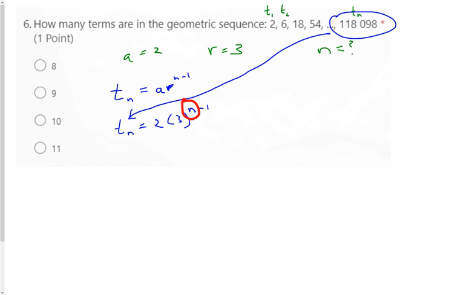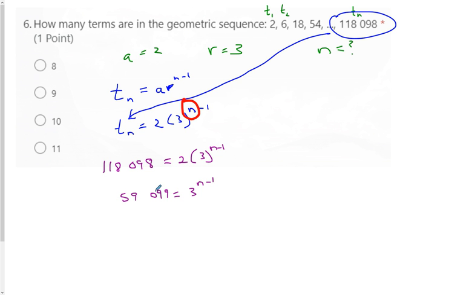Okay, so we're going to need to figure out a number for n that will make this true. So 118,098 equals 2 times 3 to the n minus 1. You can just start subbing in numbers for n and get it. But this is a little hard to sub into, so why don't we simplify our lives a little bit here? Let's divide both sides by 2 to get rid of this 2. On this side we're just left with 3 to the n minus 1, and this number divided by 2 is going to be